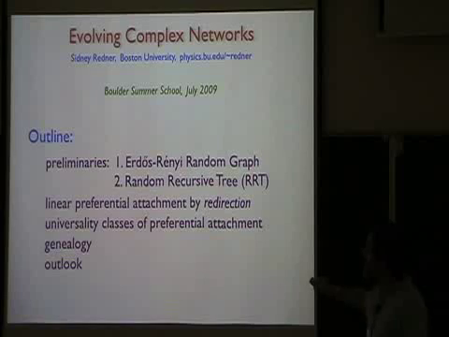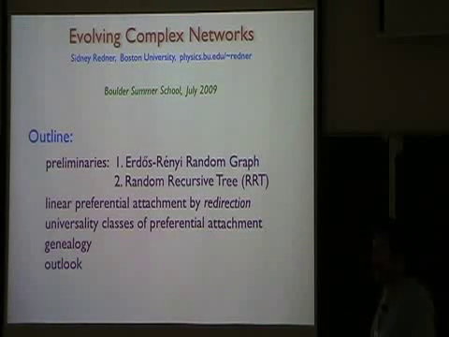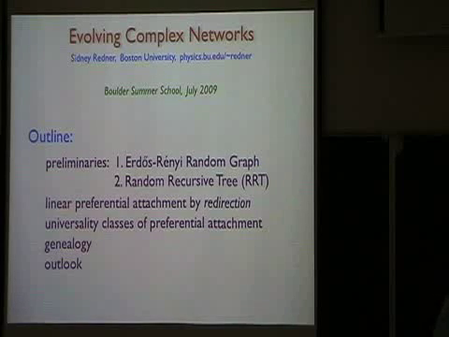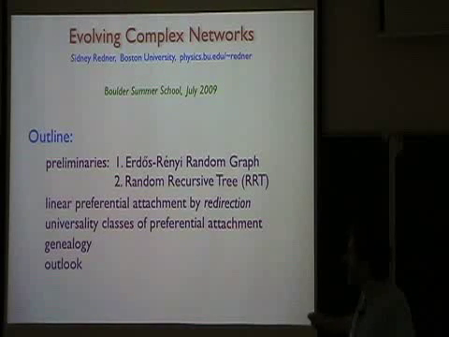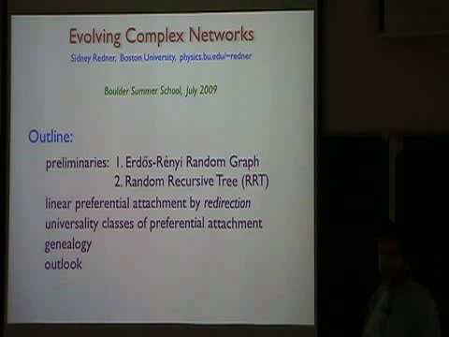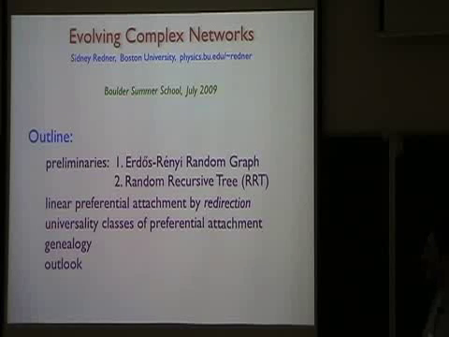But as you're going to see, there's a very natural segue between the random recursive tree and the so-called preferential attachment networks, which have been very hot in the past decade. In fact, the ideas underlying the preferential attachment network have been around for 80 years, and it's only in the past 10 years that people have really appreciated what they were doing. So I'll describe to you basically how you can apply the master equation approach to understand a lot of the basic phenomenology of so-called scale-free networks.